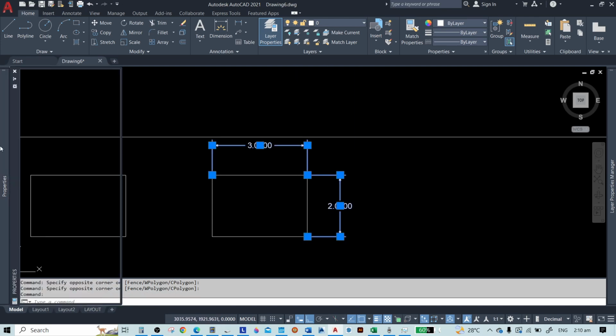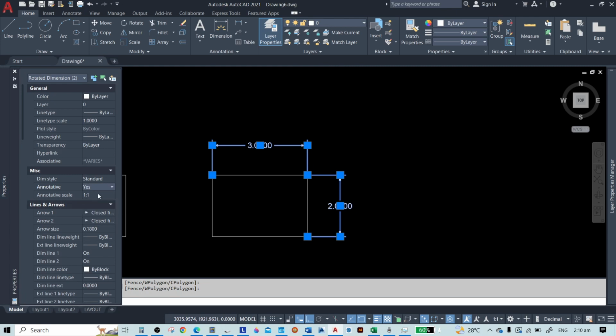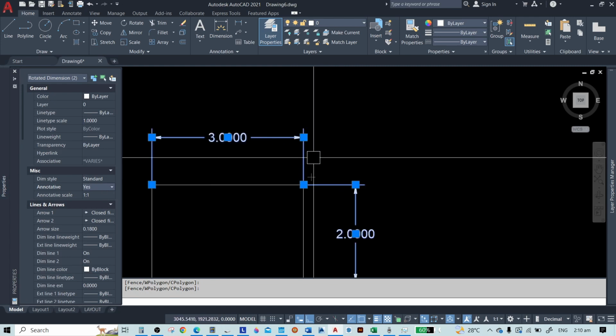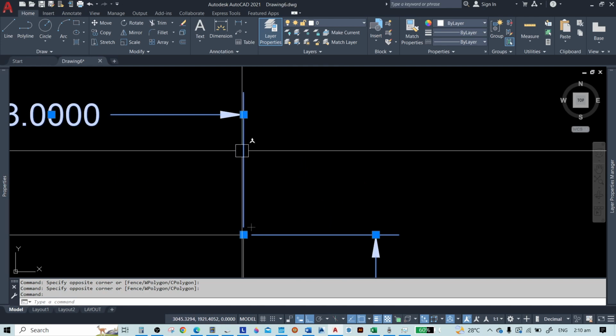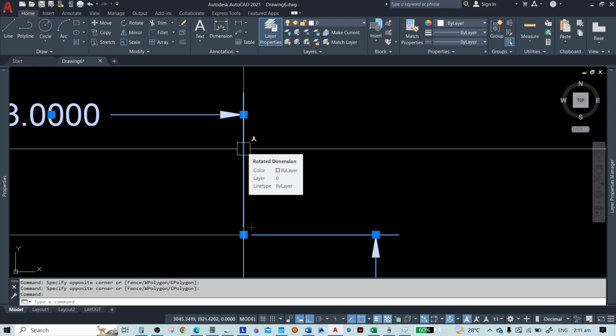Now as you can see, there is an annotative scale that appeared when we change it to yes. If we hover the cursor over the dimension that we have changed into annotative, there is a symbol of an annotative object on the upper right corner of the cursor.